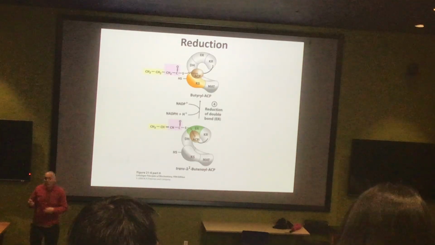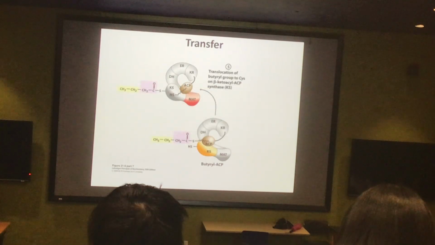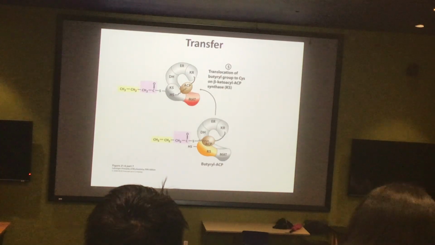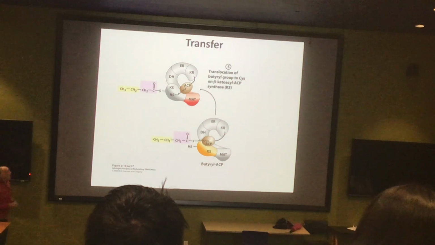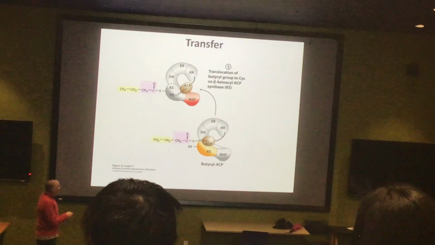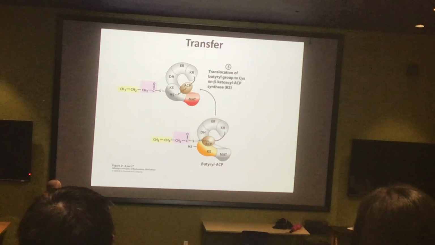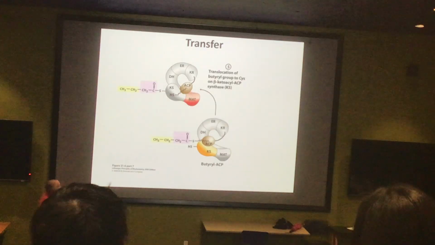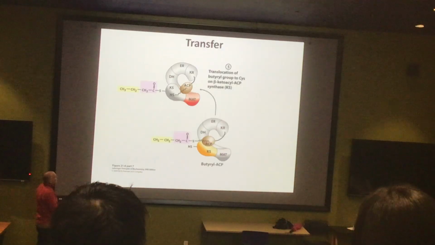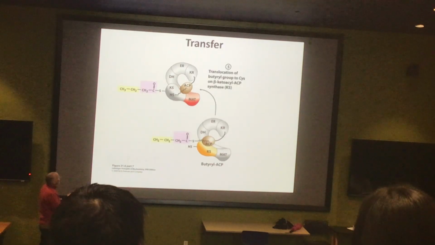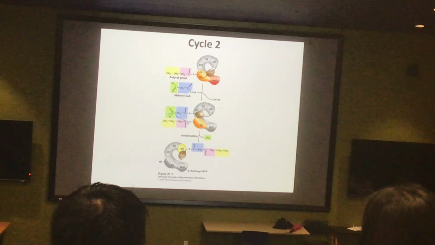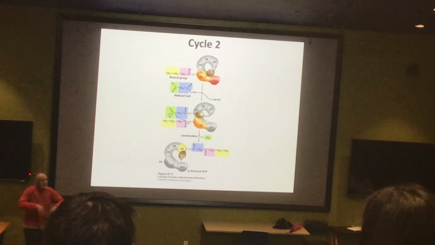Of course, we don't want to just have a 4-carbon molecule. Our goal here is to not make purely a 4-carbon molecule. Our goal here is to make a much larger molecule. So how are we going to make a much larger molecule? We need to transfer our 4-carbon molecule from the ACP domain back onto the KS domain. So that's the last thing that this round is going to catalyze, is to move our 4-carbon molecule from the ACP domain onto the KS domain, again isoenergetic, so no energy required. The question is, well, why are we going to do that? The answer is we need to add more carbon.